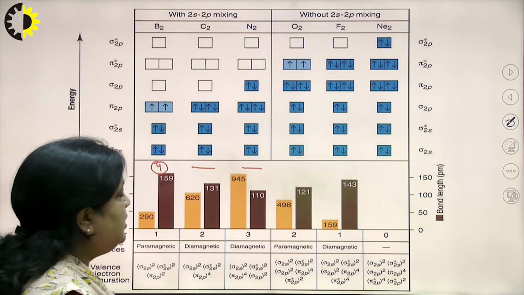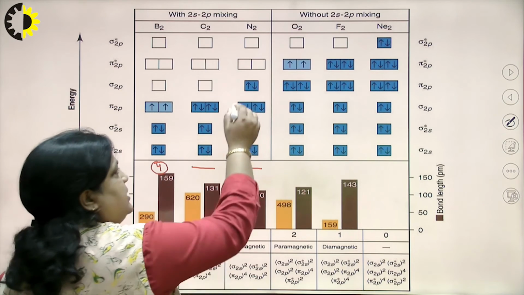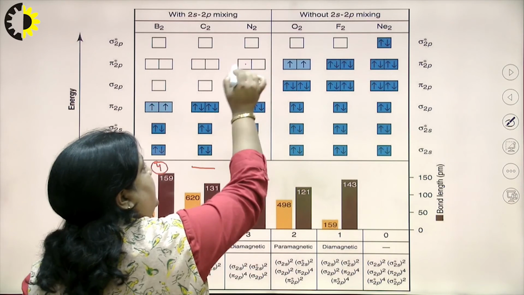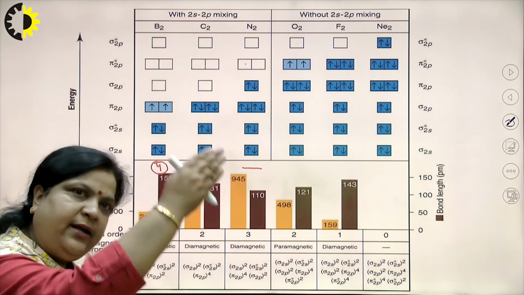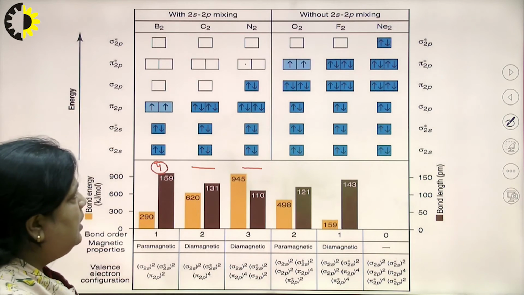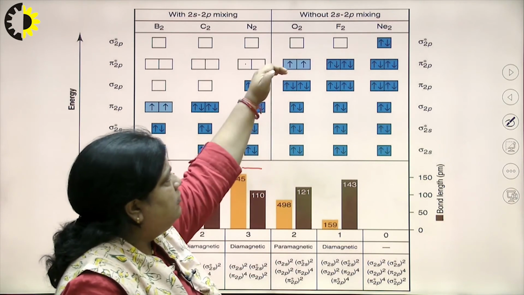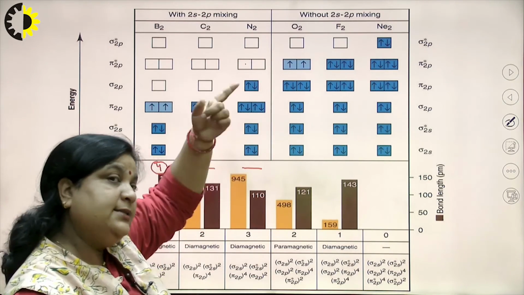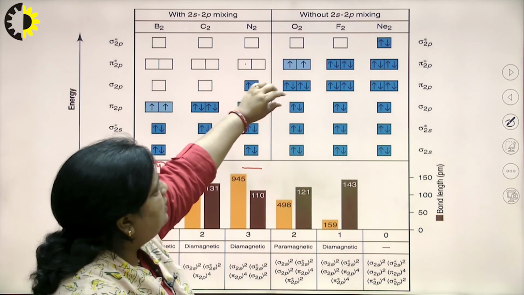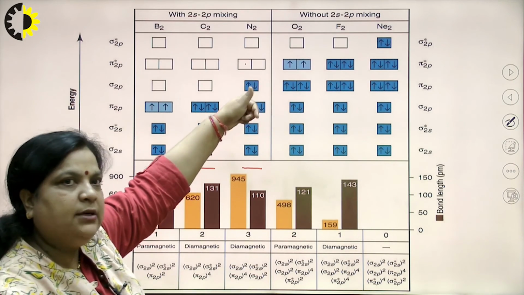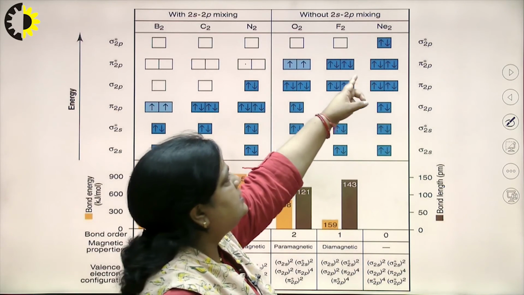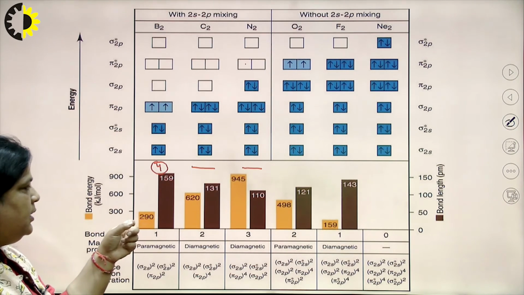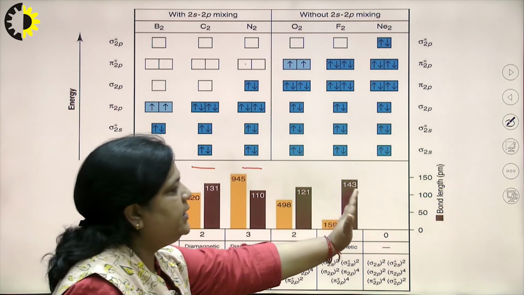And just remember one thing, if this orbital is empty, it is not possible that an electron will enter this orbital, because they always enter in increasing order of energy. O2 is 16, so 14 is there, 15, 16, but in case of 16, this order will basically reverse. 18, this negative. And in orange color the bond energy is given, while in brown shade the bond length is given.